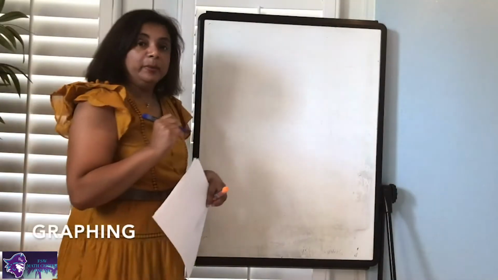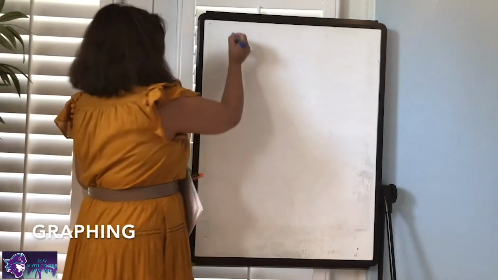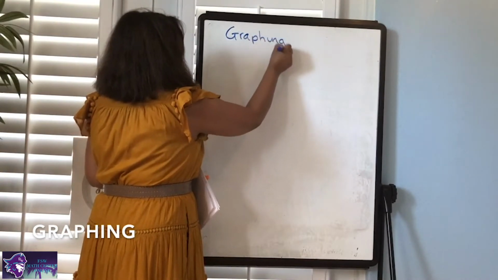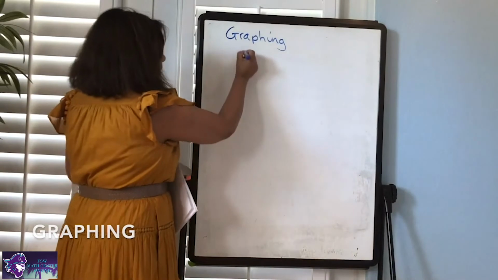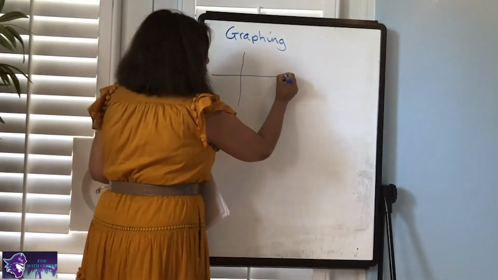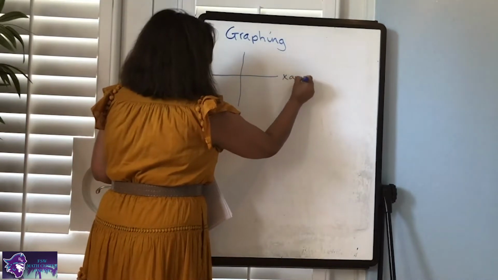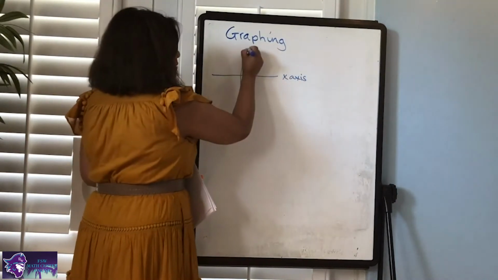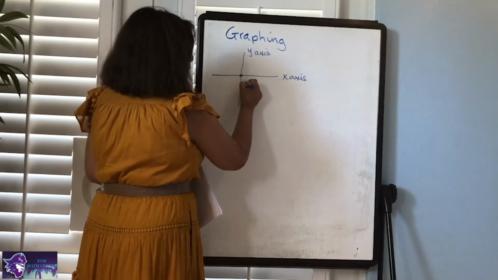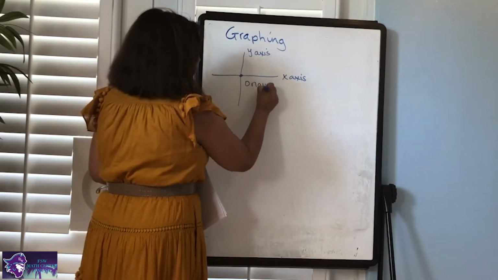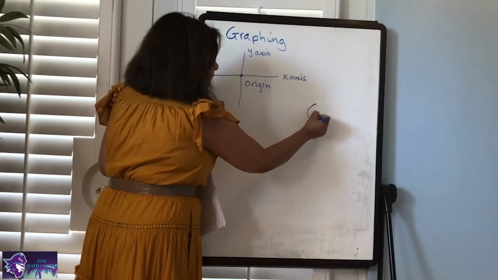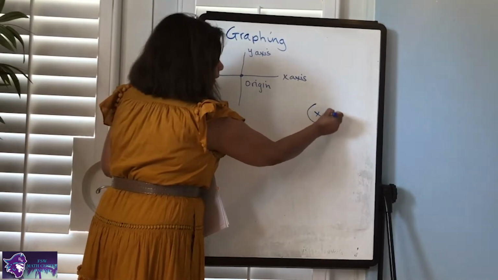Okay, the next topic I would like to start with is graphing, and going over some of the basics. We know the horizontal line, this is your x-axis. And the up and down line, that's your y-axis. Smack in the middle, that's called the origin. Now your points are actually plotted where you have your x first and then your y.